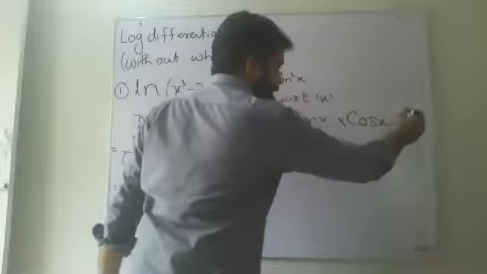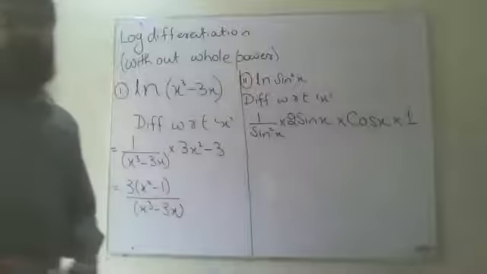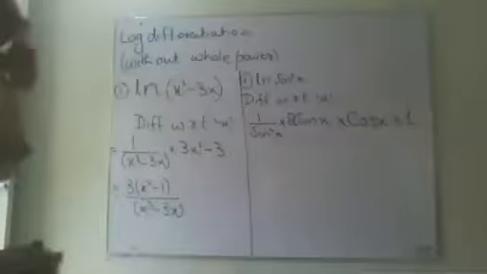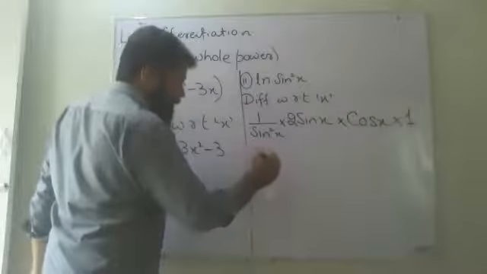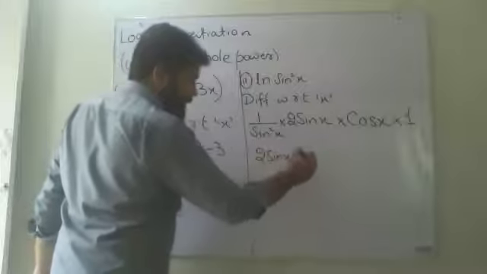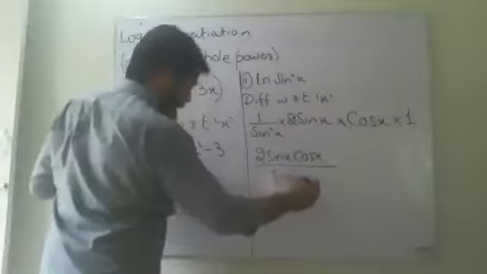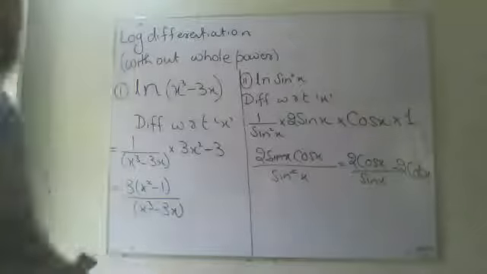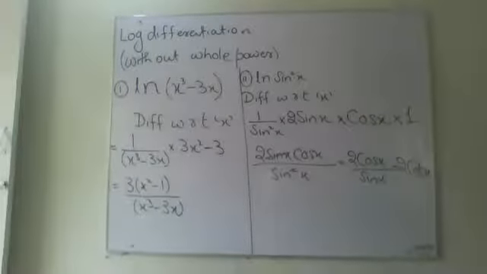And after that, if you want to show it, though it is not necessary, the differentiation of the angle equals 1. Now simplifying this, 2 sine x cos x over sine square x, and this will be cancelled. 2 cos x over sine x, and cos x over sine x is cot x, so 2 cot x. This is how I'm going to complete it.